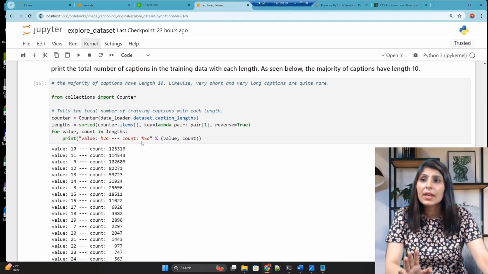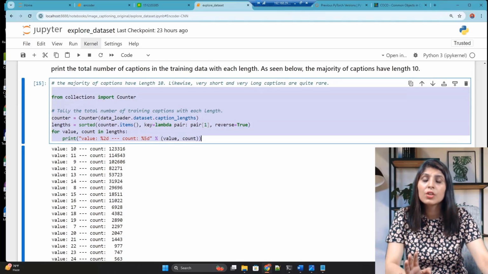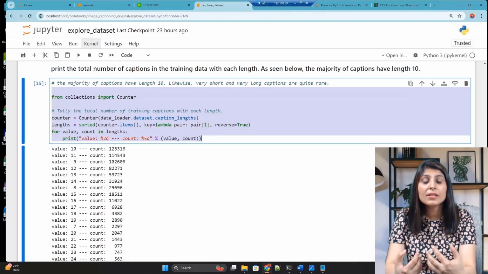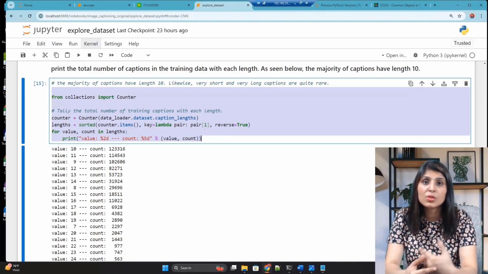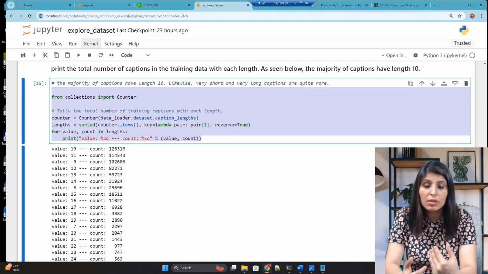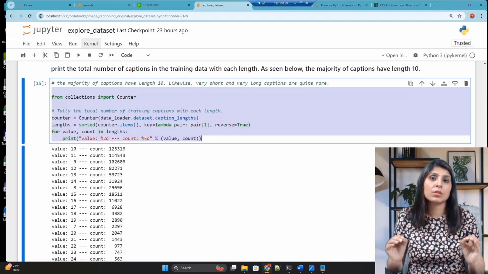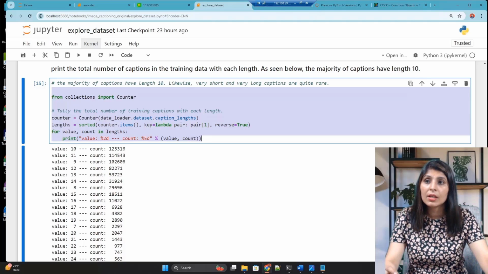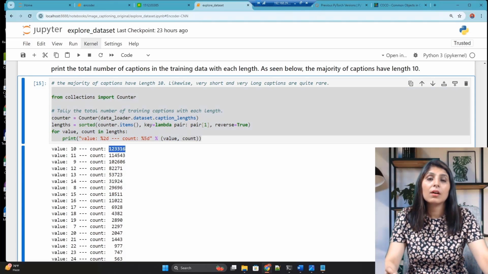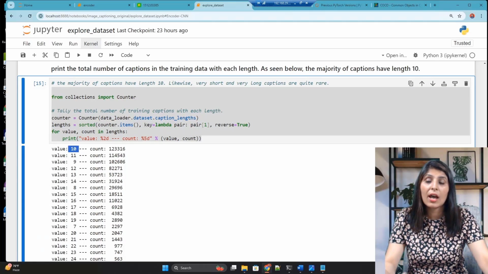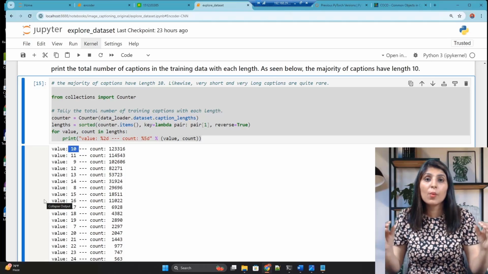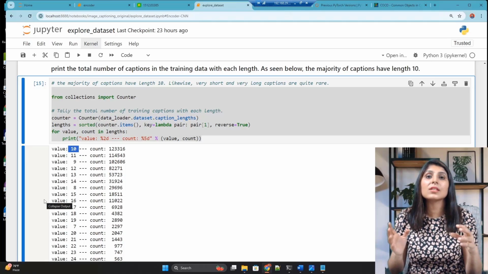Now in this cell, I'm showing you that for every image we have a caption, right? So now we will check what the length of that caption is. In our data set, these many images have a sequence length, or caption length, of 10.